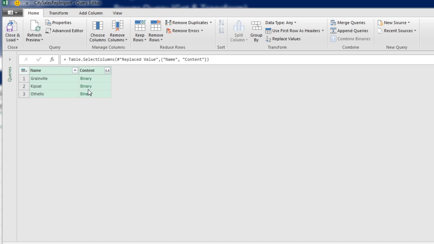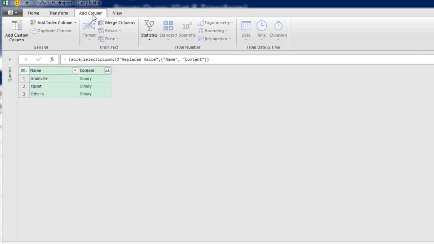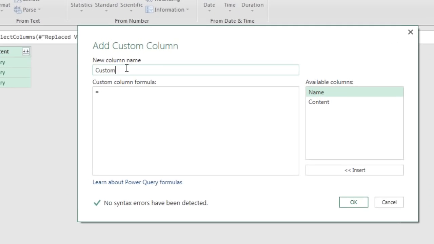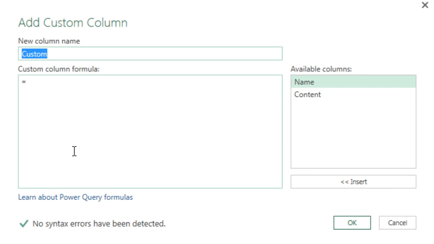There's our content, but we click that little double arrow only when we have text files. We have Excel files with lots of different objects, so we go to Add Column, Add Custom Column. And I'm going to call this new column Get Excel Data Tab. And just like last video, we'll use this smartly named function